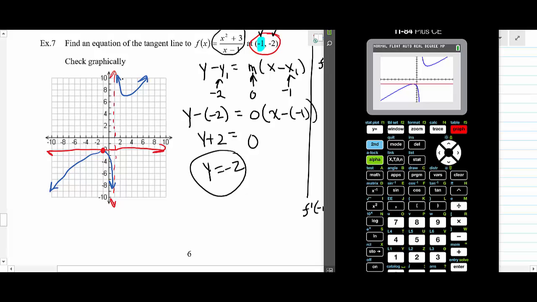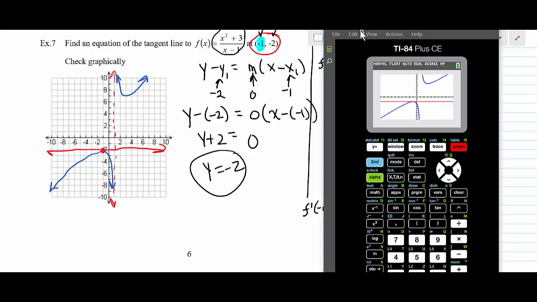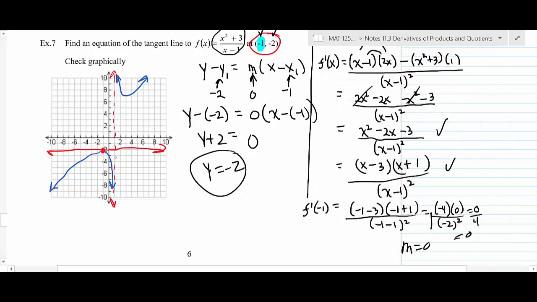Does that look right? Does it look like that's a good tangent line? Okay, yep. So visually, a lot of times you can tell that you're right. That looks like a good tangent line on it, okay? Okay, so see, now we're starting to get